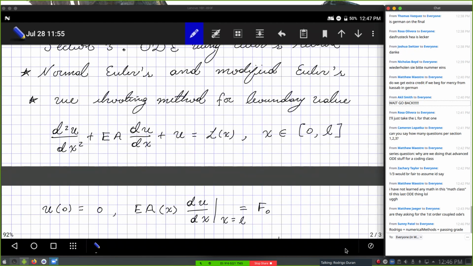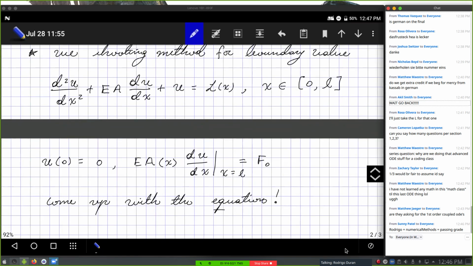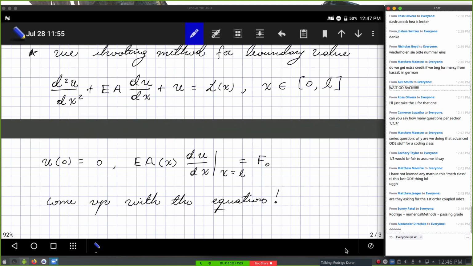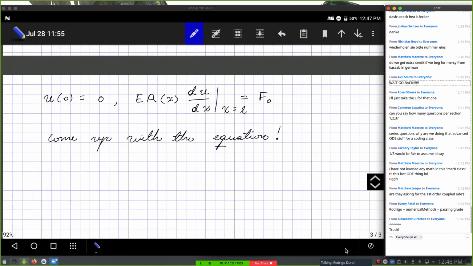And it's a question similar to this. It's not necessarily this, but it could be any type of second order problem. It could be a vibration problem. I think this one is the deformation of a beam, and they will give you the differential equation with some boundary conditions, and they just ask you to come up with the equation that represents this system. And that's it. That will be everything for the